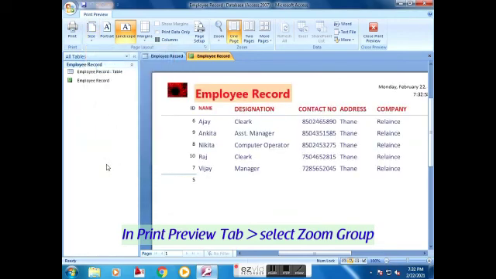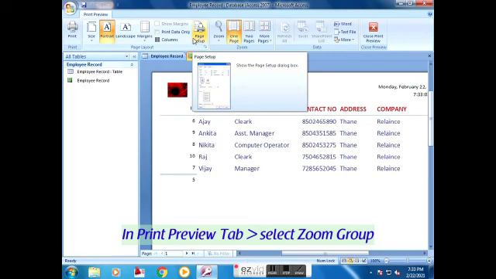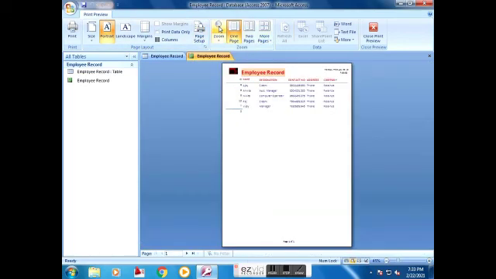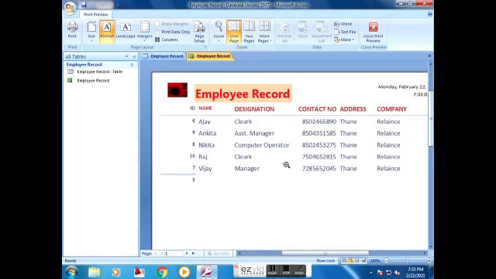In the Print Preview tab, select the Zoom group option to see the result in a big or small size of your page. Close the Print Preview button.